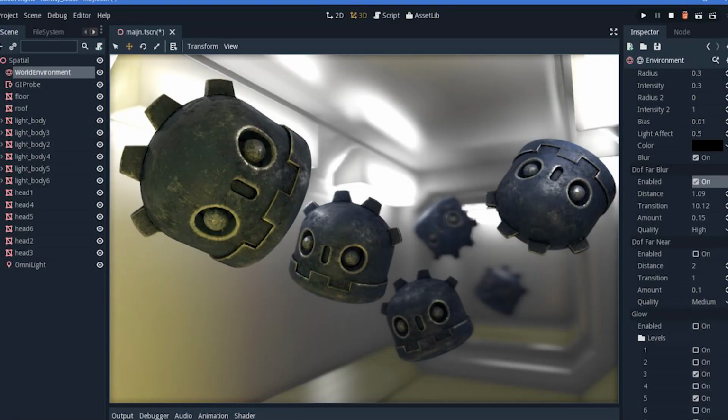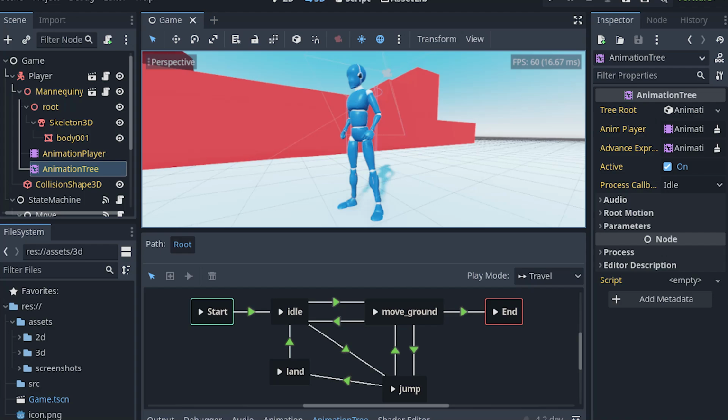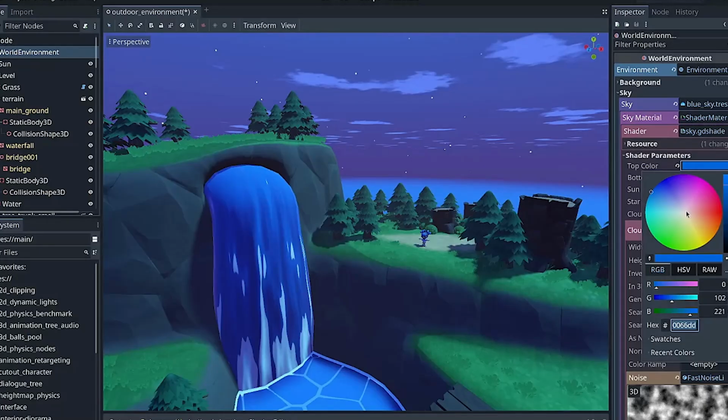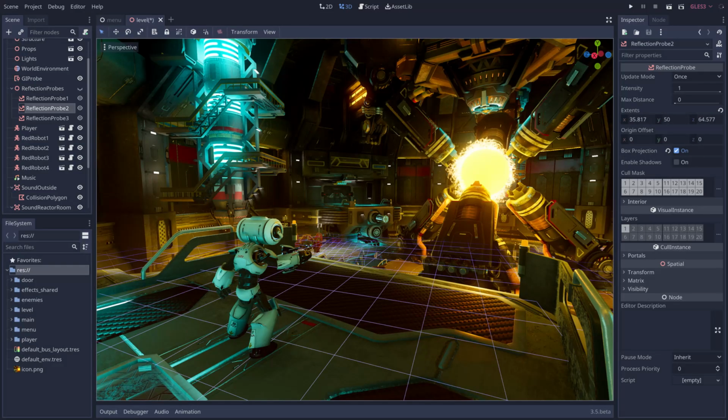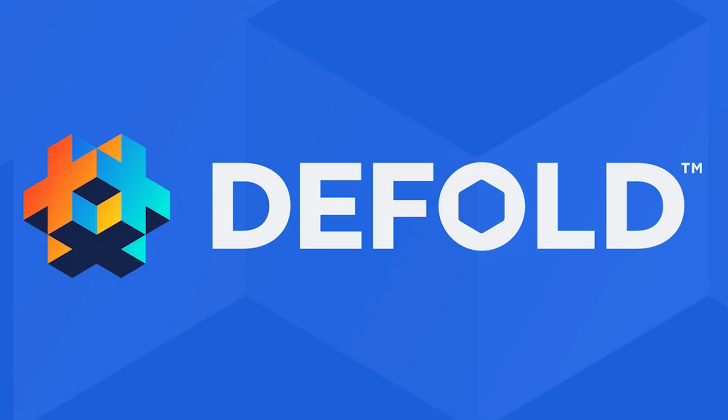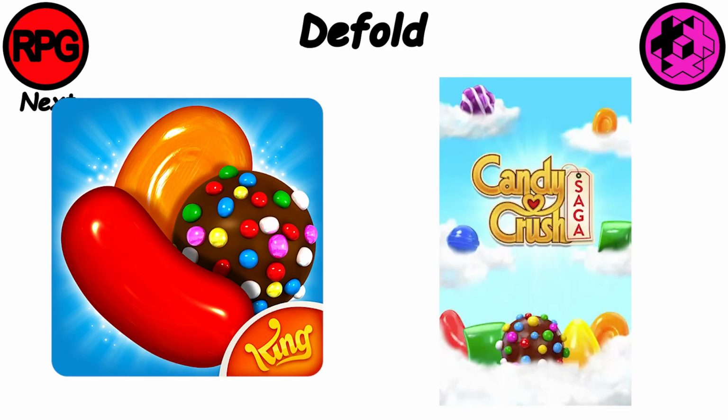It uses GDScript, similar to Python, and it is very popular among indie developers. Released in 2014, it supports 2D and 3D development and cross-platform exports to Windows, macOS, Linux, Android, iOS, and also HTML5.